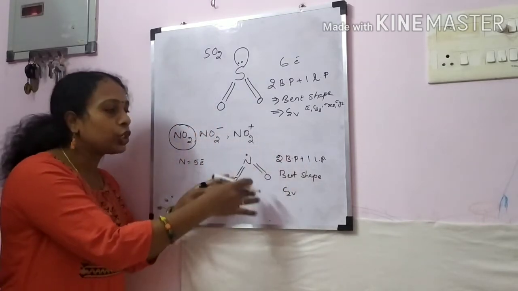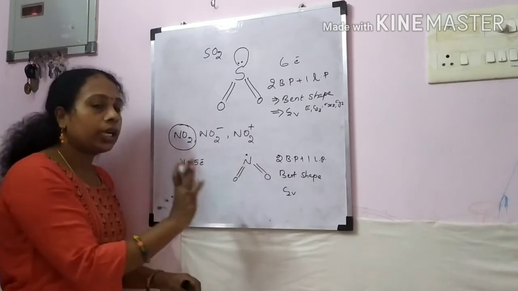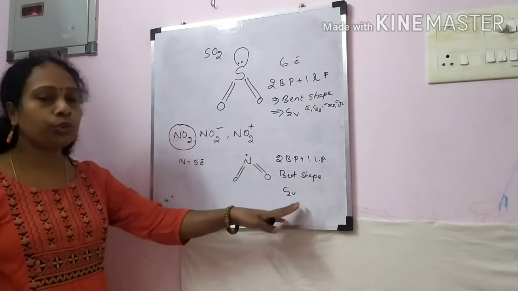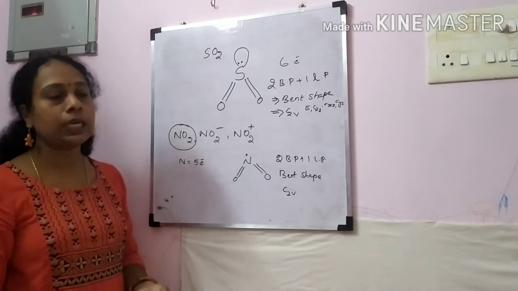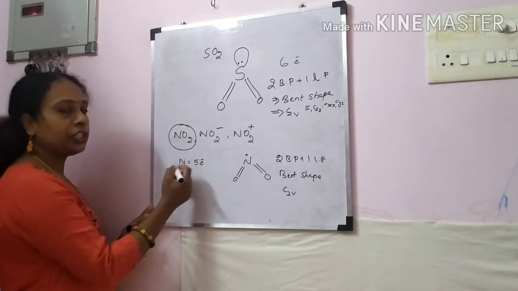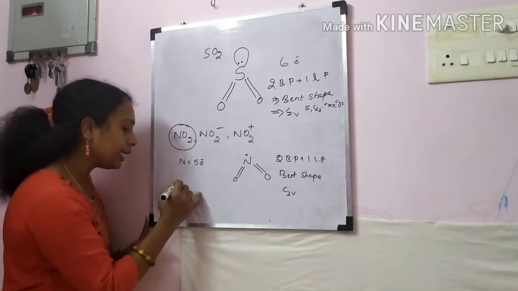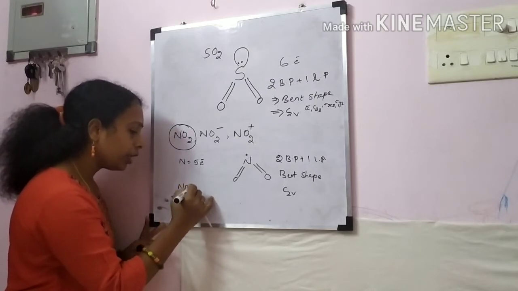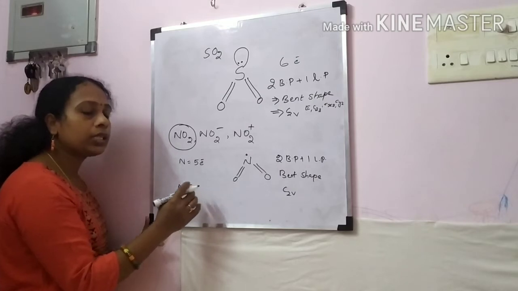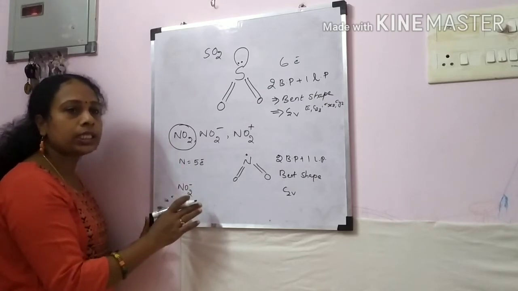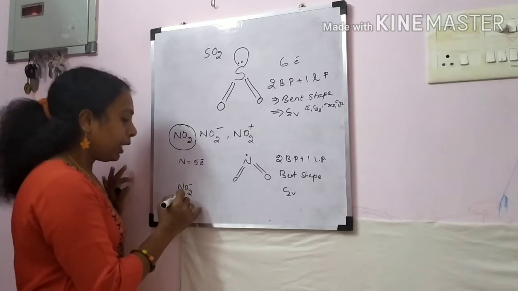See, all these bent-shaped molecules belong to the point group C2V. The same water-like structure only, all these are C2V, and you know the symmetry operations are C2Z, sigma XZ and sigma YZ. Here nitrogen is having 5 electrons. Now you consider the case of NO2 minus. This is a very easy question. You will be able to answer the questions very easily. These two questions are compulsory questions and you will be able to answer them.